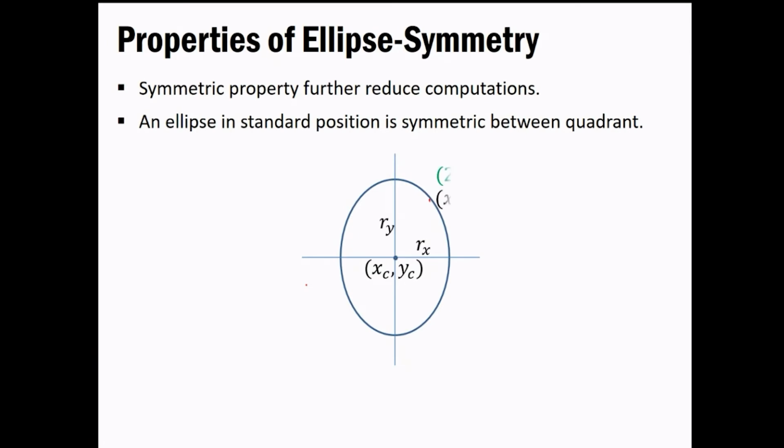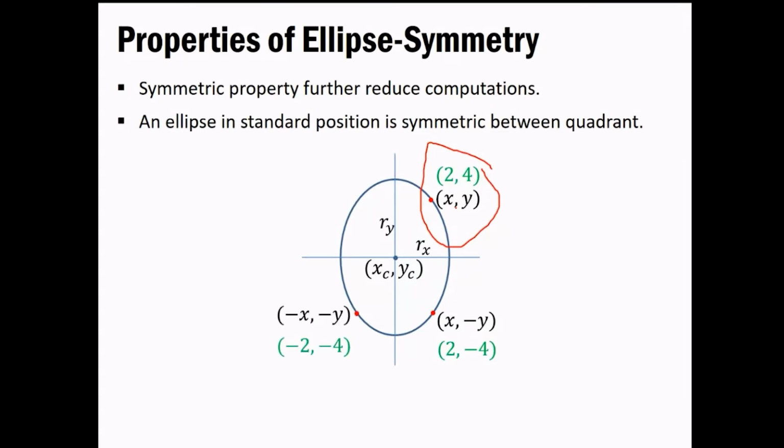So the same thing we'll write right over here, and we have calculated one thing, that is plotted as xy, and the value of xy, one particular point on that boundary, is 2 4. Okay, so based on this we can simply derive it, and we can use our symmetric property to get the replicated thing in the other quadrants as well. Similarly in this quadrant you'd be getting x minus y, minus x minus y, and minus x y. So you just have to calculate the value in one quadrant, and you'd be getting similar things in the other quadrants as well. So that is what you have to keep in mind.